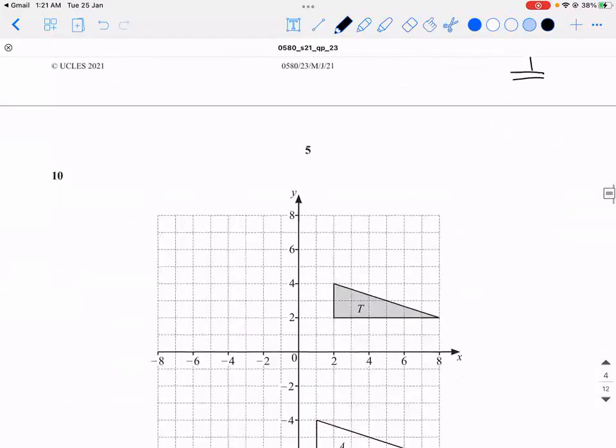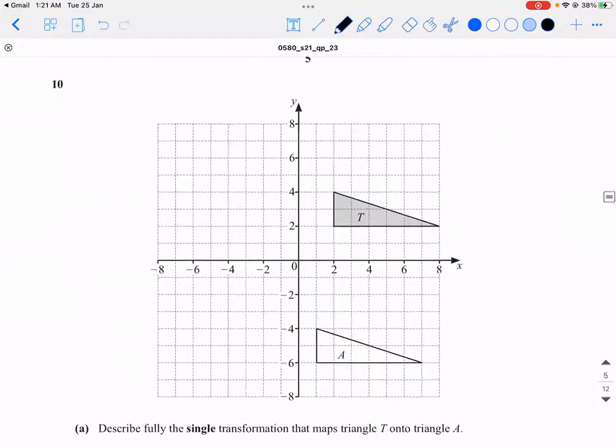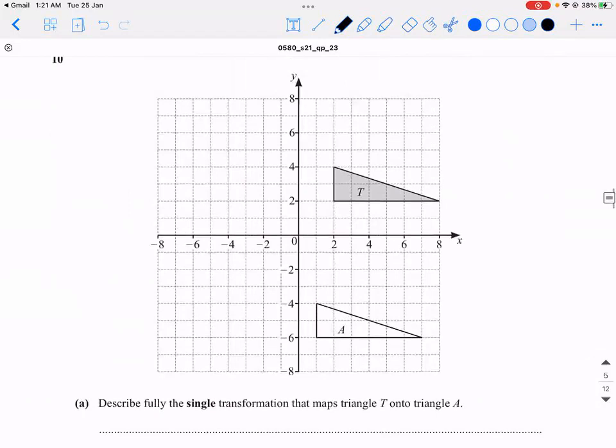Now move to the next question. It's a question from transformations, right? Describe fully the single transformation that maps triangle T into triangle A. So what happens to this triangle? Actually, it is a translation, right? So for example, if you're considering this vertex,